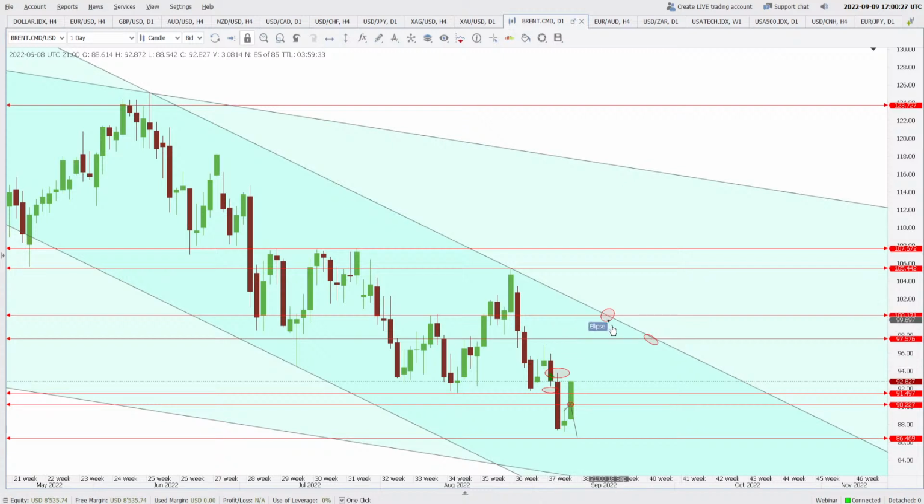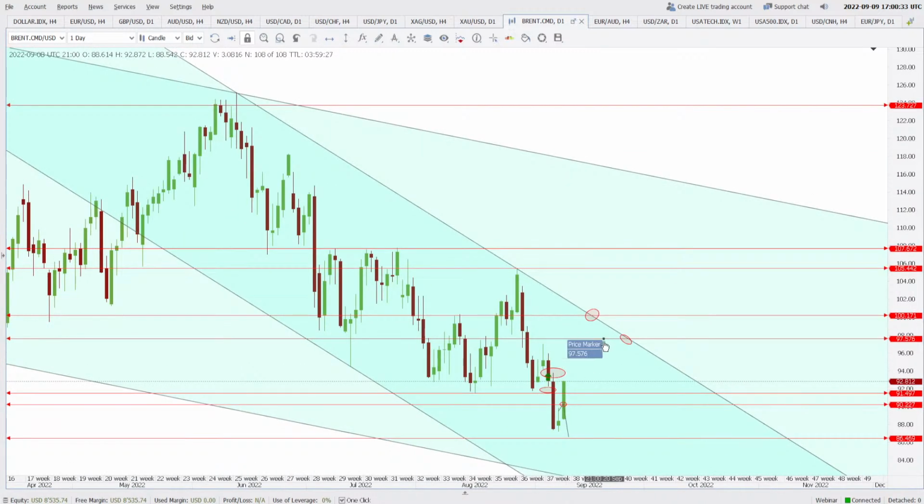And if we see some bearish price action here, we'll try to open some short positions in the Brent. But opening a buy position when we have multiple resistances on the way up, I don't think it's a good idea. And from the risk to reward ratio perspective also, if you check it, it will not be a very good idea because these resistances are very close to the price already.